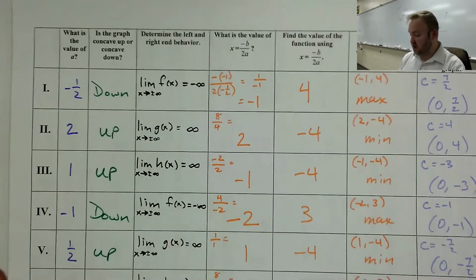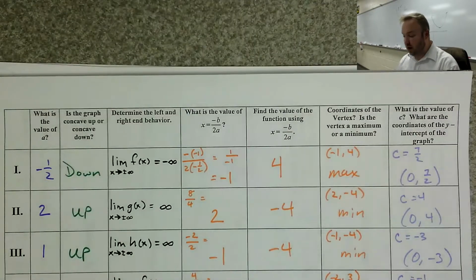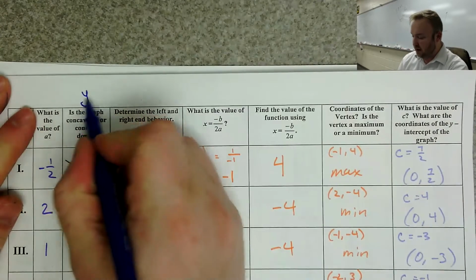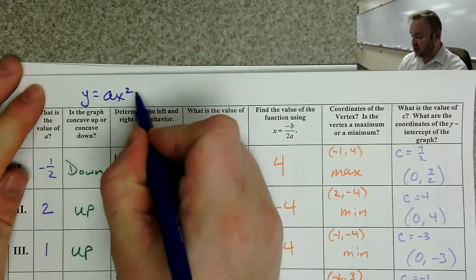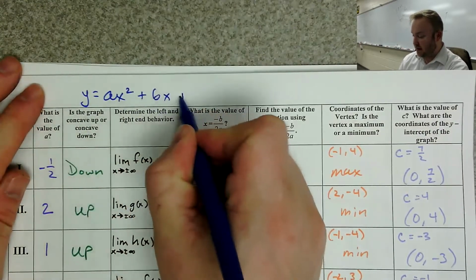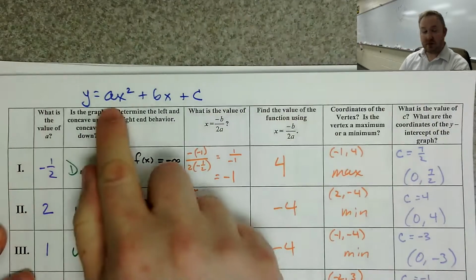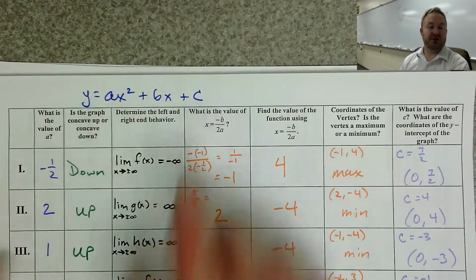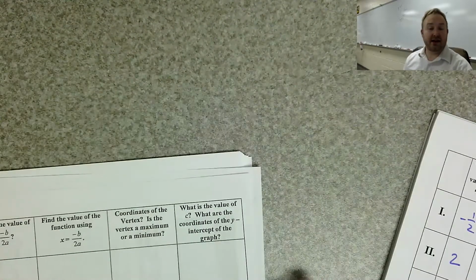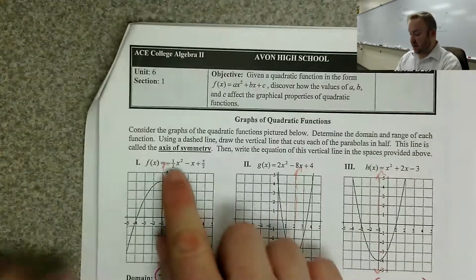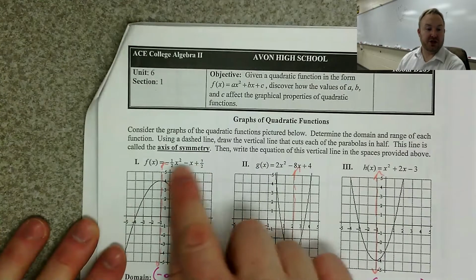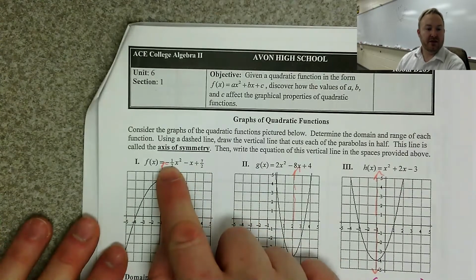First of all, it says, what is the value of a? Keep in mind that all of these functions are written in the form y equals ax squared plus bx plus c. So these are the numbers it's referring to when it talks about A, B, and C. Now what I did here to fill out this table was each of these functions gave me the equation for it, and so I could see the value of A,